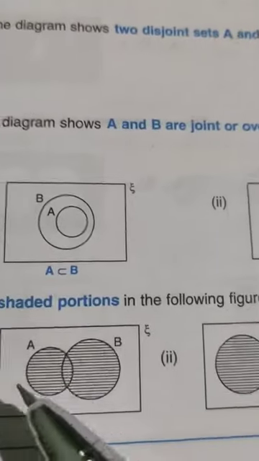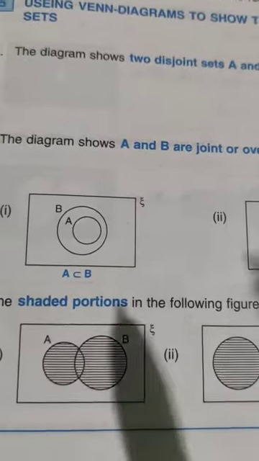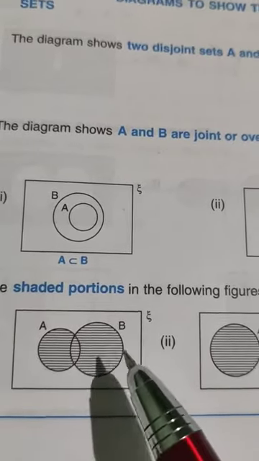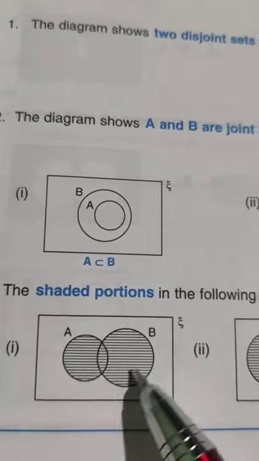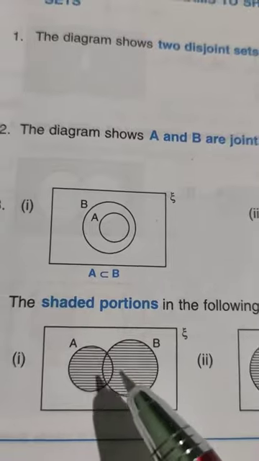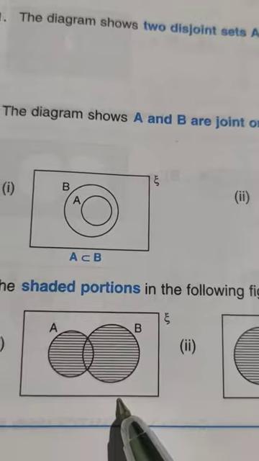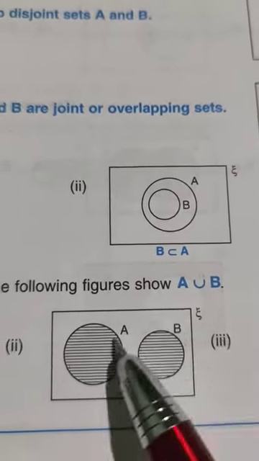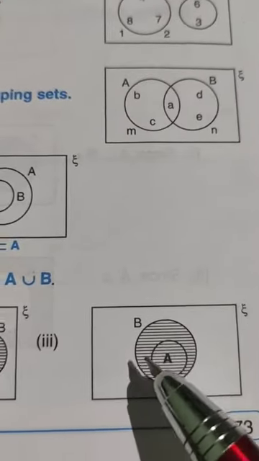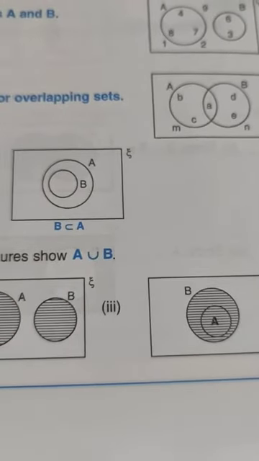Okay. Now the shaded portion in the following figure shows A union B. You all know A union B मतलब दोनों में present होने चाहिए. दोनों इधर in A, इधर in B और in both. Okay. So ये सारे portion को शेडेड करोगे मतलब ये A यूनियन B होगा. इसके 3 फिगर होंगे A यूनियन B का. ये पहला फिगर इस तरह से भी बना सकते हो. In second, like this also, A union B. Okay, both. And the third figure is like this, set A and set B both shaded. So this is the A union B Venn diagram. Clear?